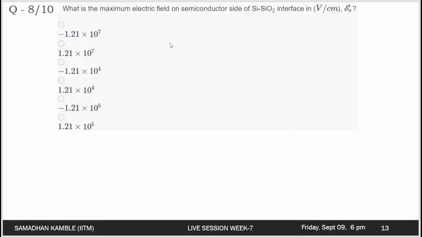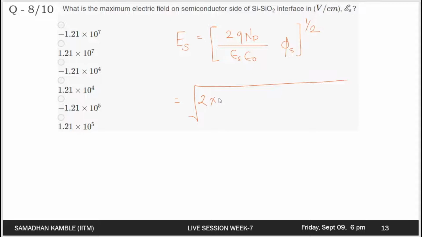Again, going to the summary slide, we can recall by equation 9 that the maximum electric field in the interface is given by the following relation, that is, (2 times q times N_D times phi_s over epsilon_s epsilon_0) to the power half. Again, mere substitutions, as we have been doing in this session. So 2 times 1.6 times 10 to the power minus 19 times the doping concentration, 2 times 10 to the power 17, divided by